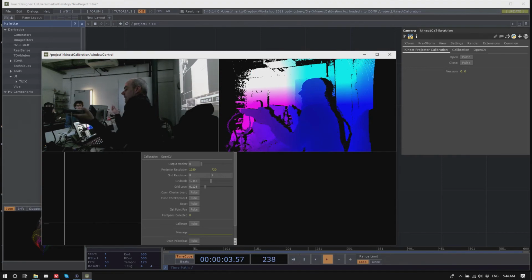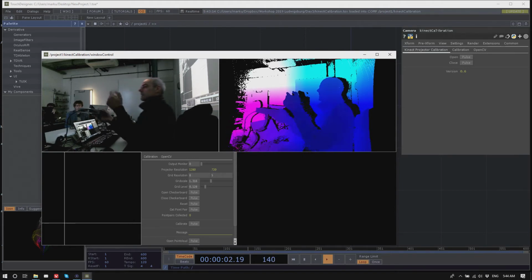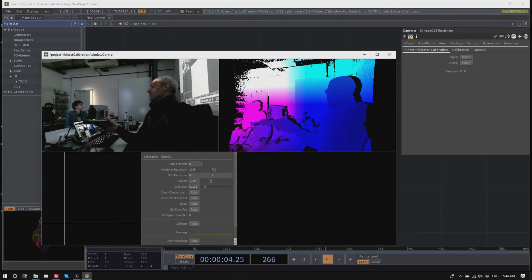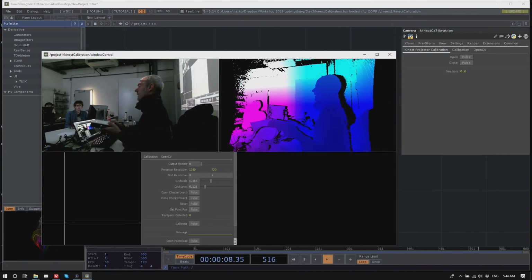Now, the position of the projector and of your Kinect are usually different from each other. So now what you got to figure out is how different are they? What's the relation of your projector to your Kinect, so that in Touch Designer you can place a camera at the position of the projector and render therefore something.